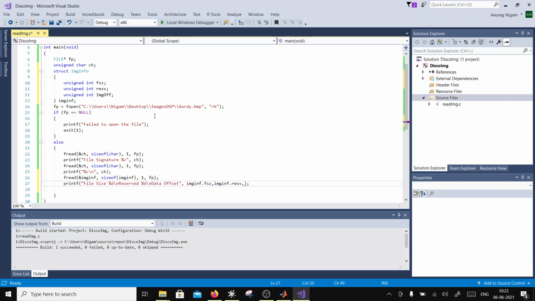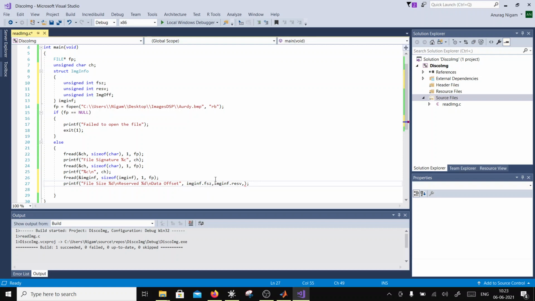Now if this data offset is 54, that means there is an image info of 14 bytes followed by a header which is 40 bytes. So that is 54 bytes, and then the image data directly starts from there. If not, then there would be image data starting at the 54 plus the color map size, right?